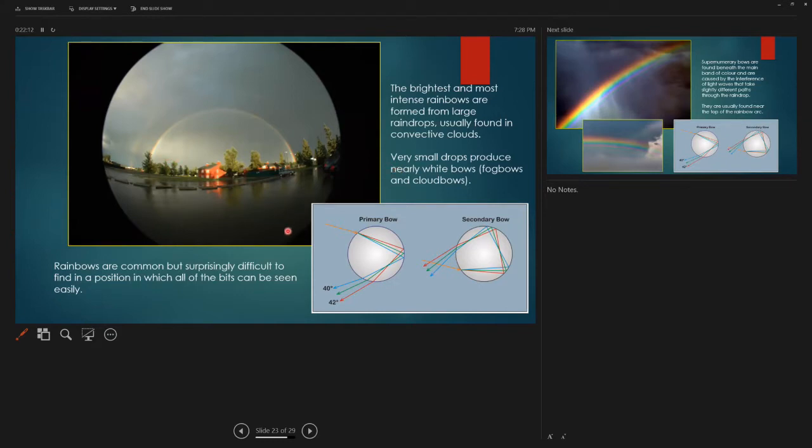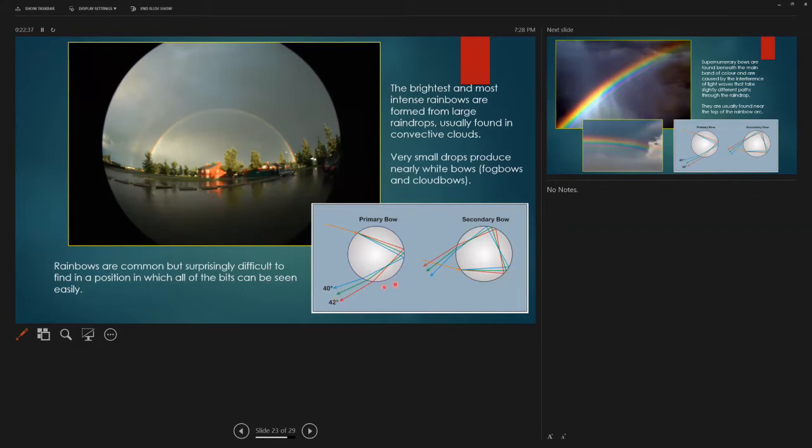So when you start looking at this rainbow, you'll notice that there's a dark band in the middle between the two of them. That's called Alexander's dark band. But there's also a brighter area inside the primary bow here. The colors are reversed, so the secondary bow up here has red on the inside and the primary bow has red on the outside. And when you trace this path,